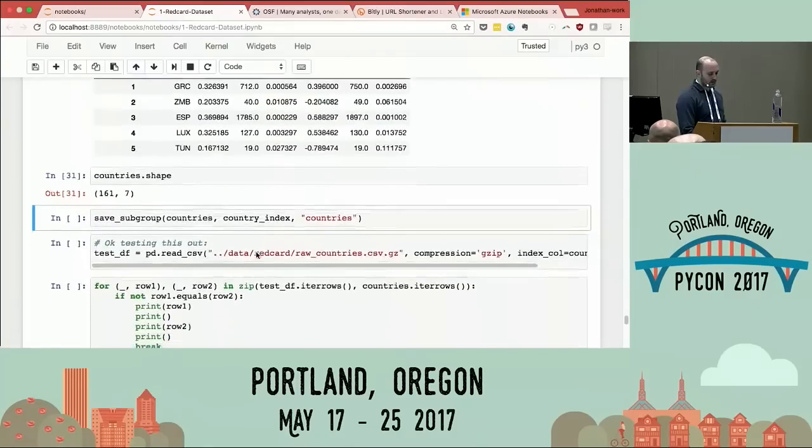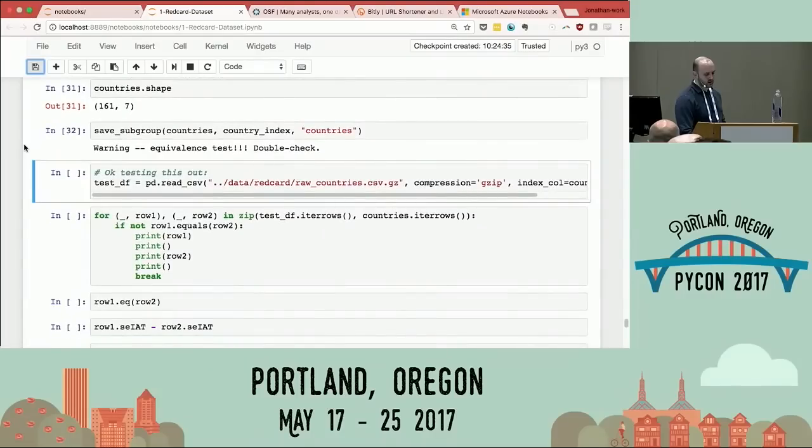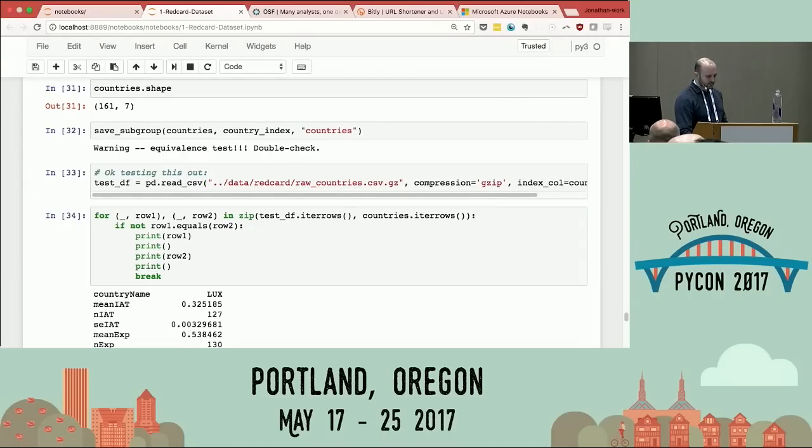There's 161 countries. Let's save the subgroup. Oh yeah, and then I get a warning here from this one saying the equivalence didn't work. And I go through a test here to figure out what is going wrong. And so I read in the same file I just wrote out, this raw countries.csv, and try to figure out